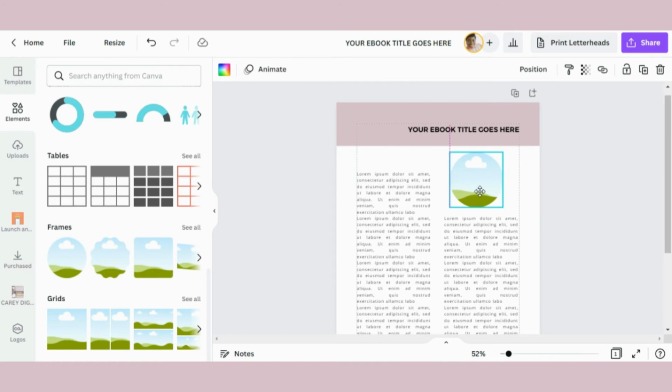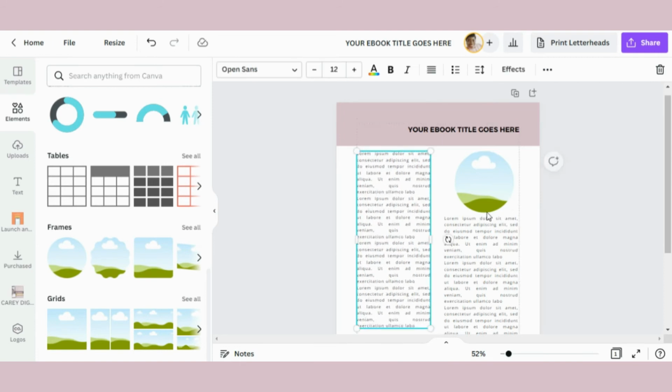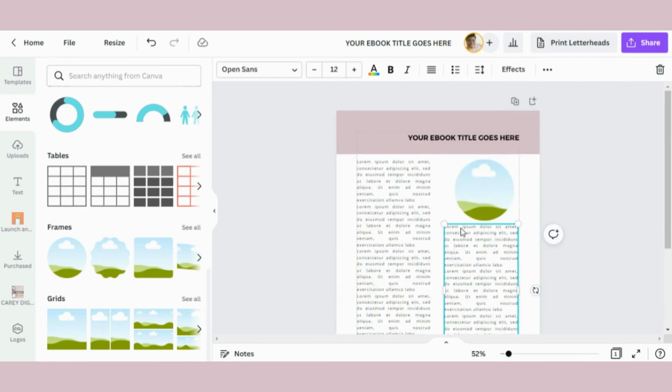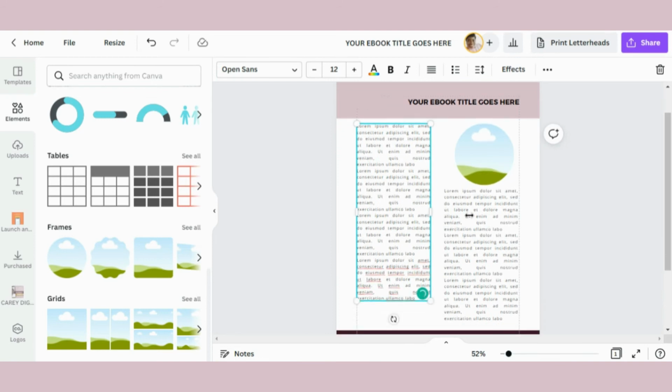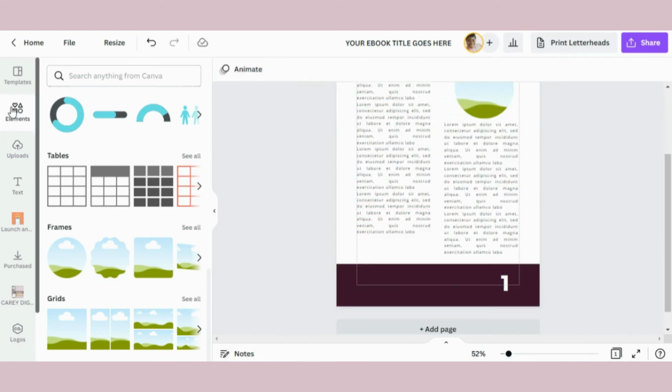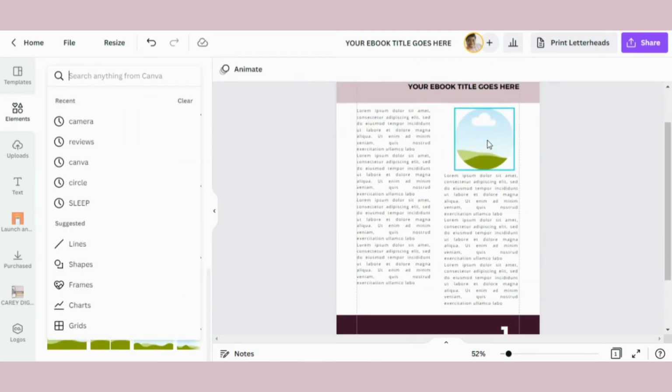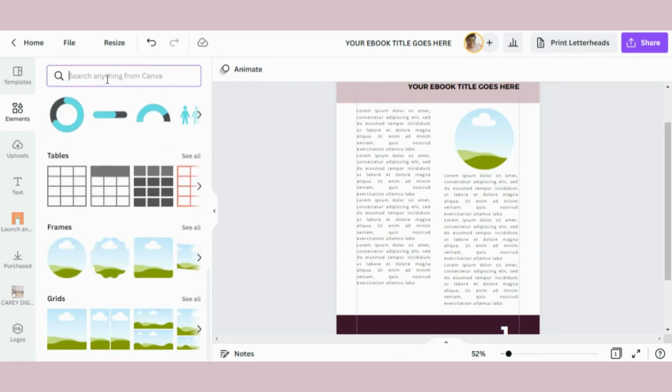All right, so we have a layout here. We can make the image larger if we so desire, can move it down, we can move this up. And let me show you how we're going to find an image that we can put in this space. All right, so we're going to go here and we're just going to find